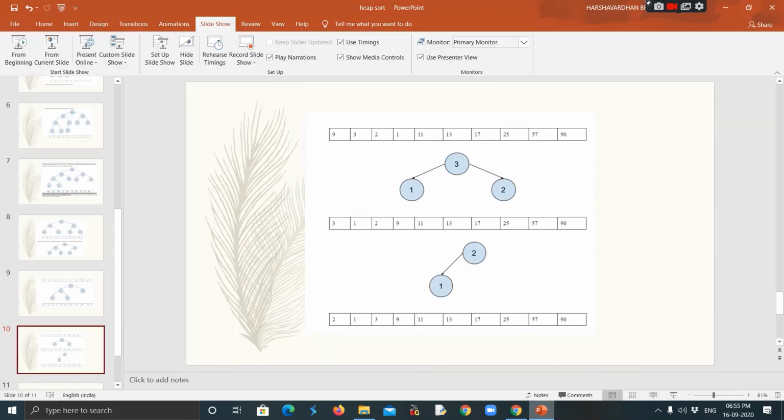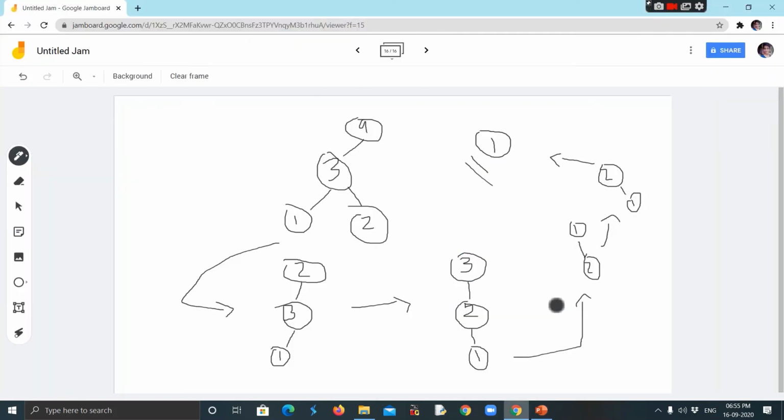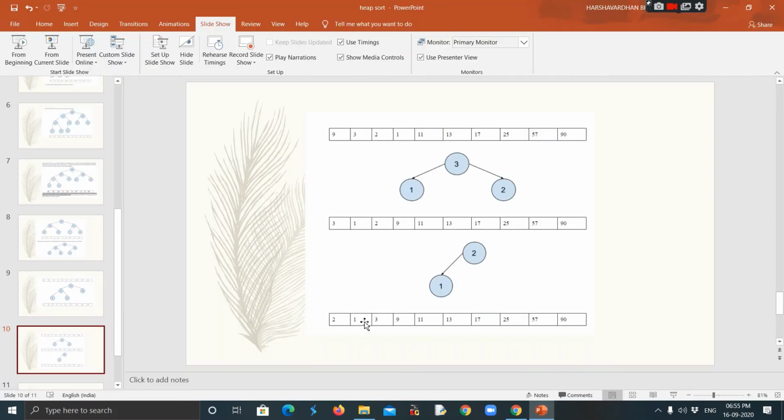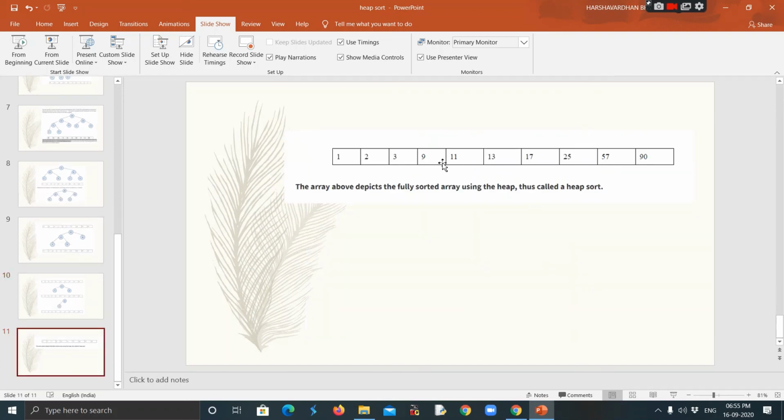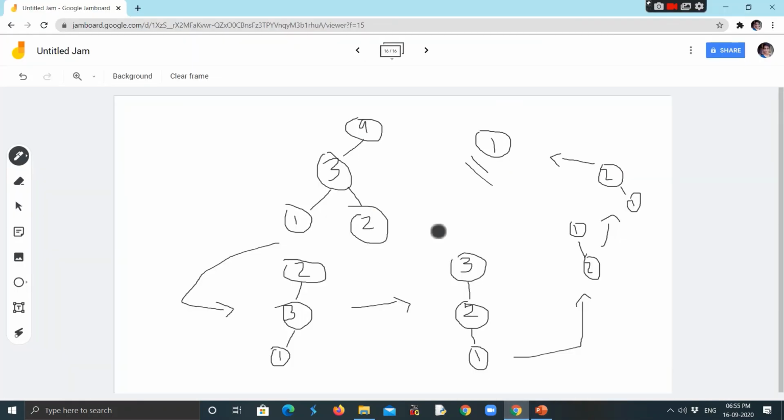Then we got 3, 2, 1, and then 1, 2, and it becomes 2, 1, and then only the last element 1 is there. So this becomes 1, 2, then 2, 1, and we have finally 1, 2, 3, 9, 11. So these are sorted in a correct format using the heap sorting process.